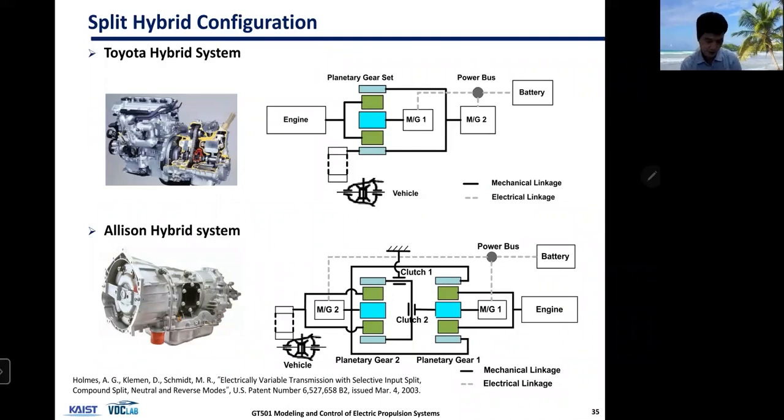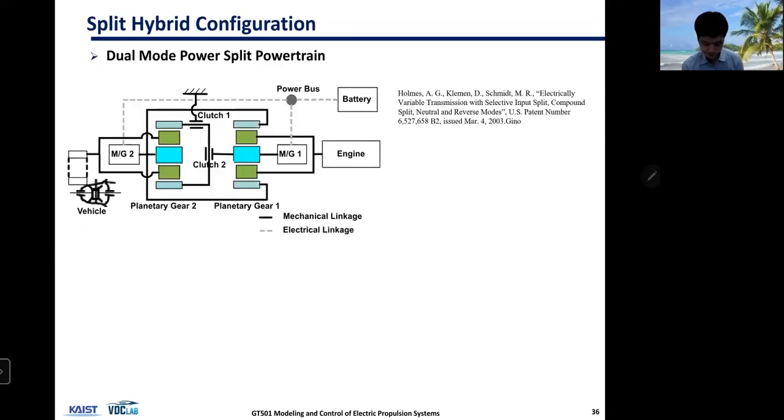Like I said, there are other types of split hybrids. It's not just the Toyota hybrid system we discussed today. There are Allison hybrids from General Motors. There are dual mode split hybrids from General Motors,